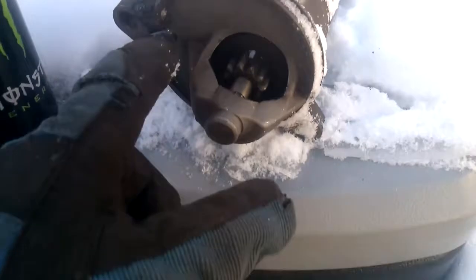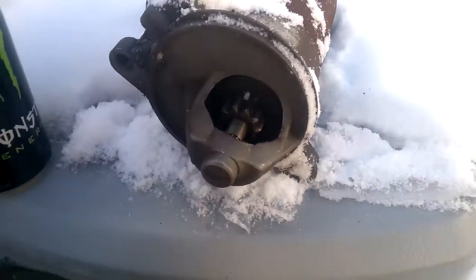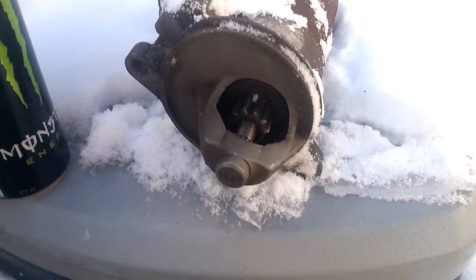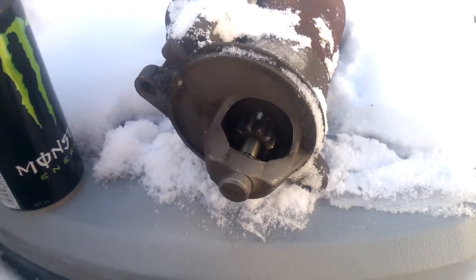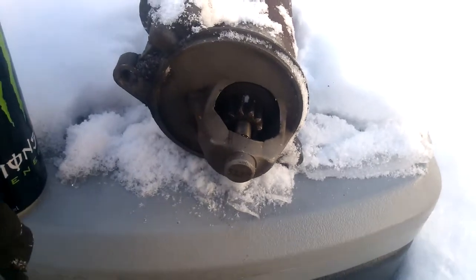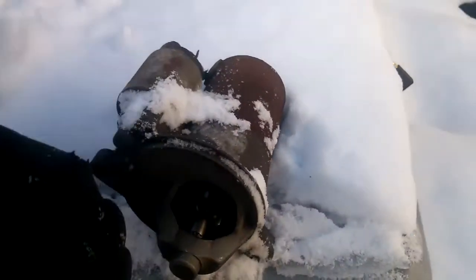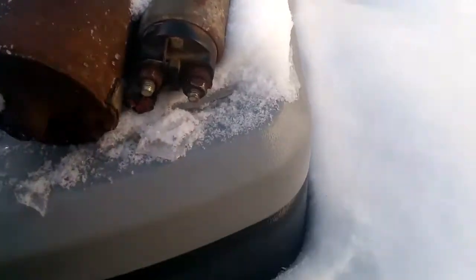This one is a strange design. It actually sits behind the engine. I'll take you under there in a second and show you. But it sits behind the engine, basically between the engine and the transmission. That's where my flywheel is. And it sits in there, and the engine is actually on this side, and it sits against the flywheel and it spins. But something I noticed as I was taking it off,